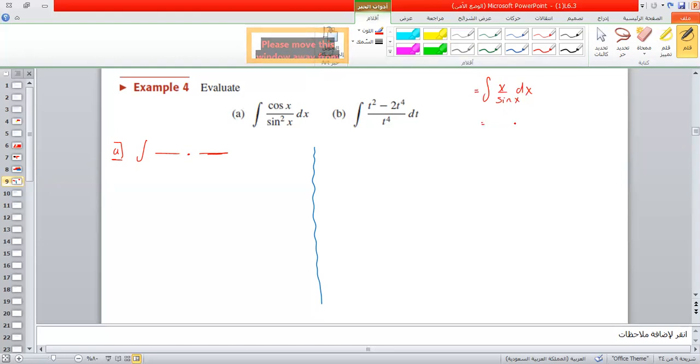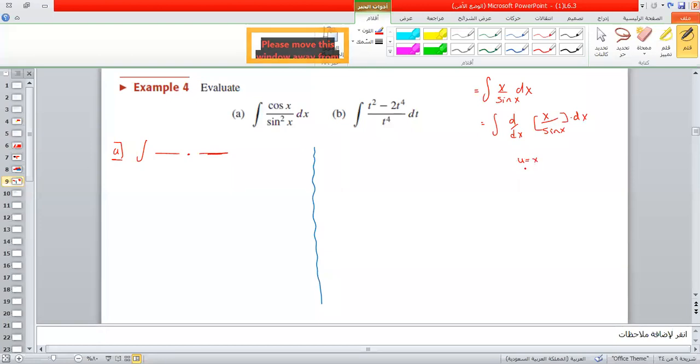It's x times cosine x, and you will find minus the derivative of x over sine x dx. To find the derivative of x over sine x, you have to use the quotient rule, which is